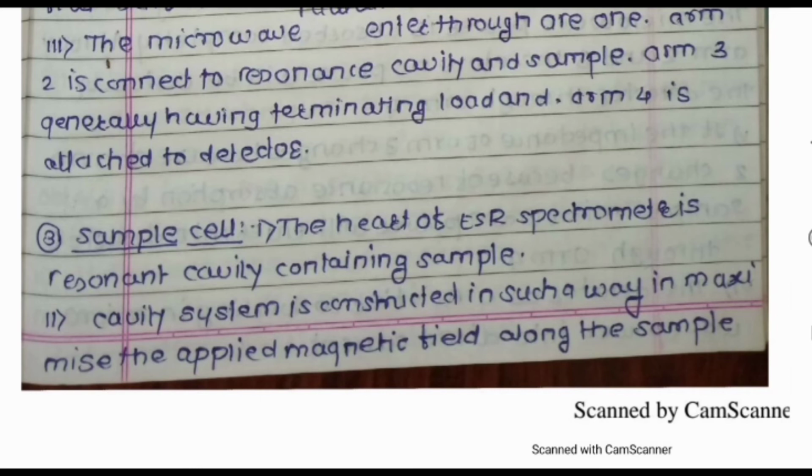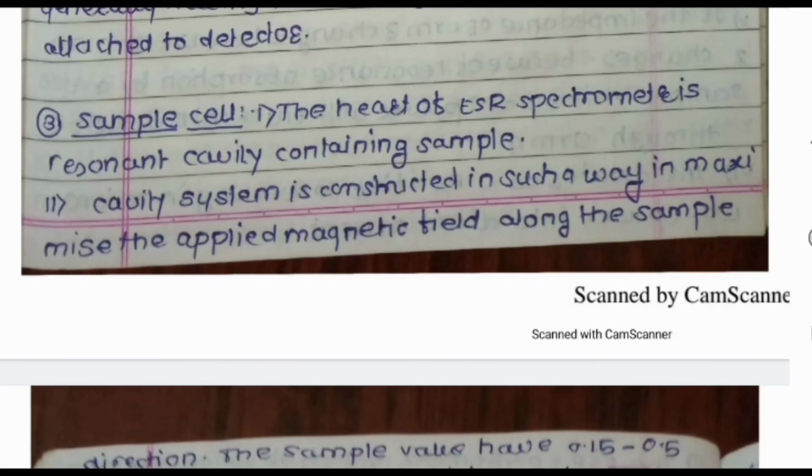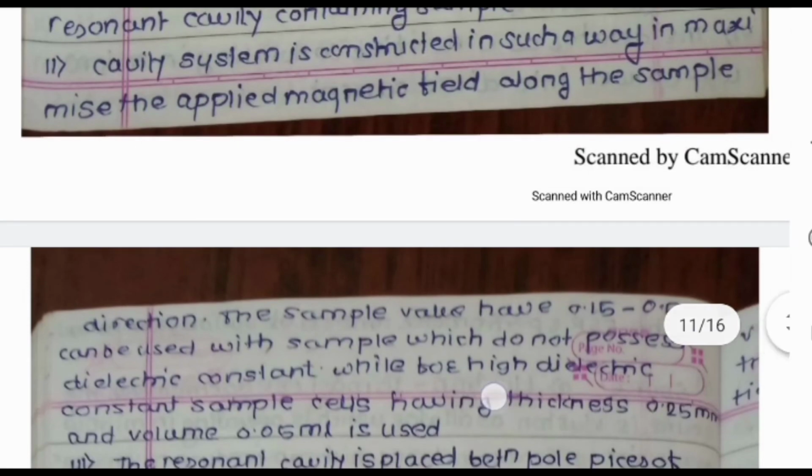Next component is the sample cell or the sample cavity. The heart of an ESR spectrometer is nothing but the sample cavity containing the sample. The cavity system is constructed in such a way that it maximizes the applied magnetic field along the sample